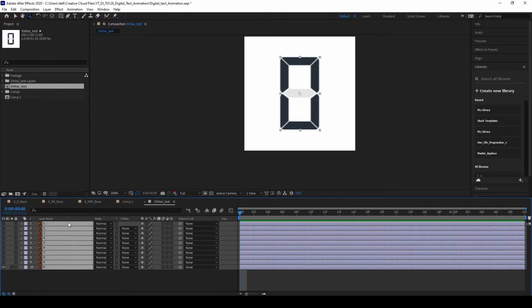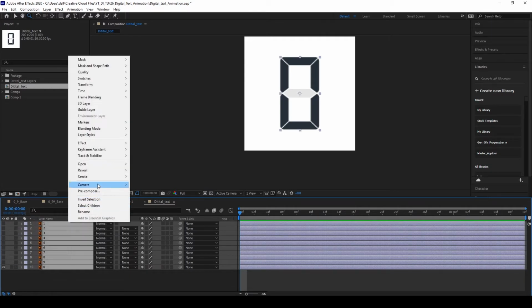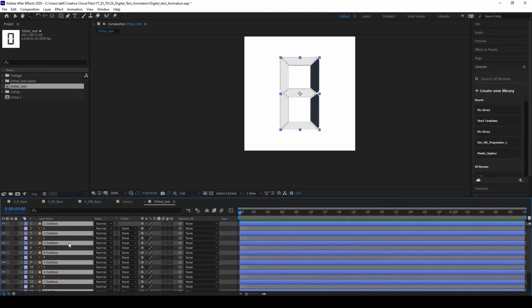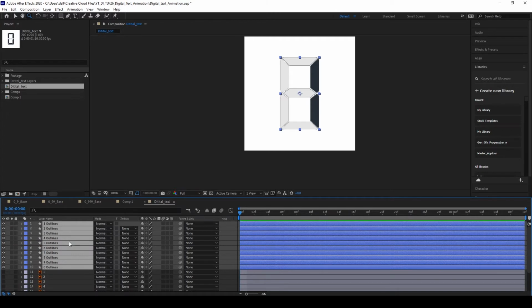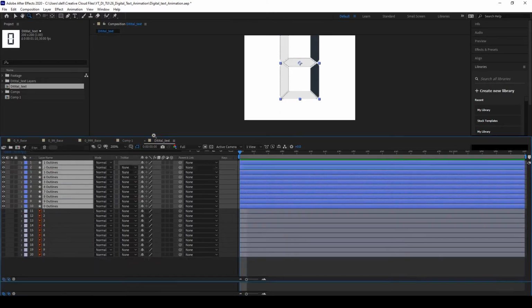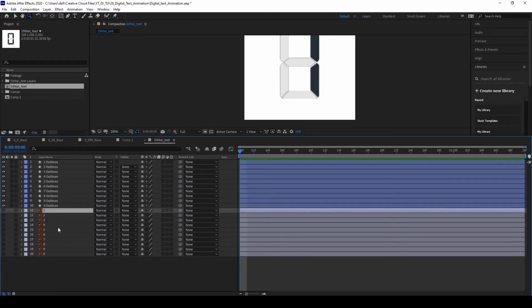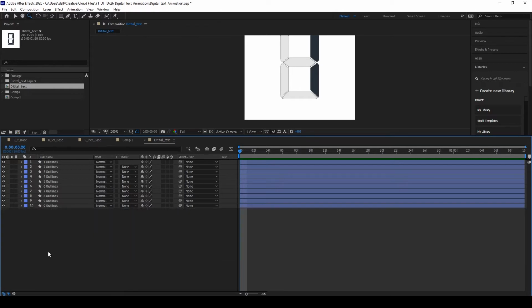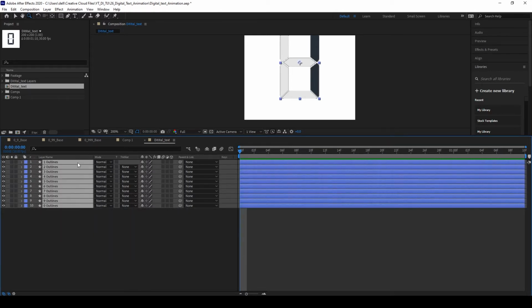Then the next step is we are going to convert all these to shapes from vector layer, and we are going to delete this Illustrator layer, because we have the vector shape in After Effects now.